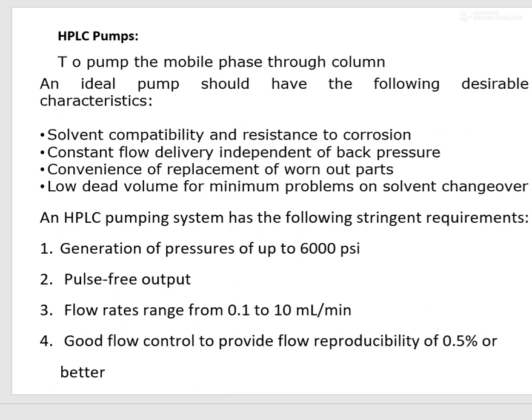So obviously I am going to use some other solvent as a mobile phase. Say now I want to use acetonitrile. So I will change my reservoir from methanol to acetonitrile. Now in the HPLC tubing, methanol is there because I was using methanol as one of the components of the mobile phase. Now if I remove the methanol reservoir, place the reservoir containing acetonitrile, and allow the pump to flow, what will happen?